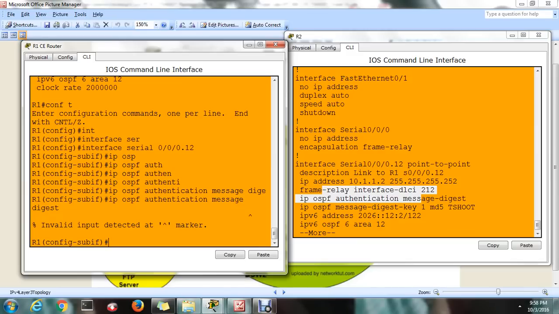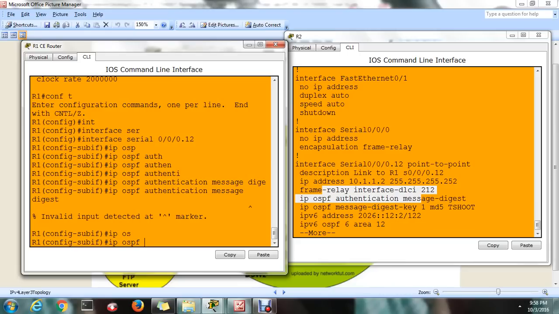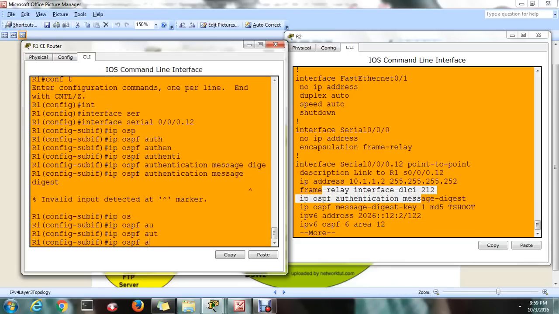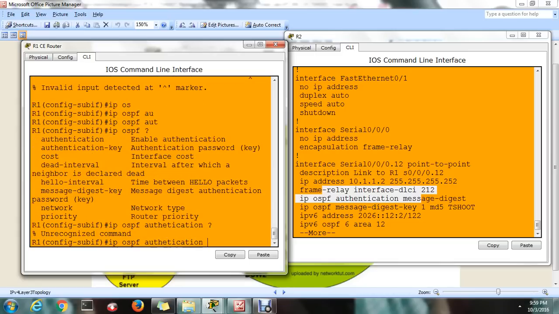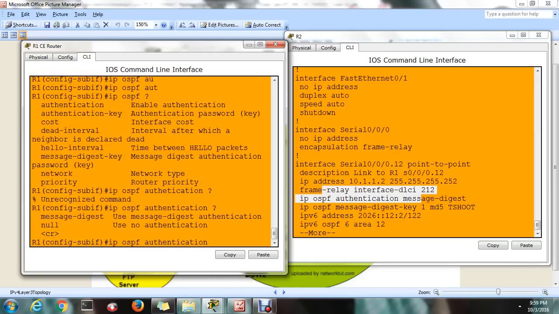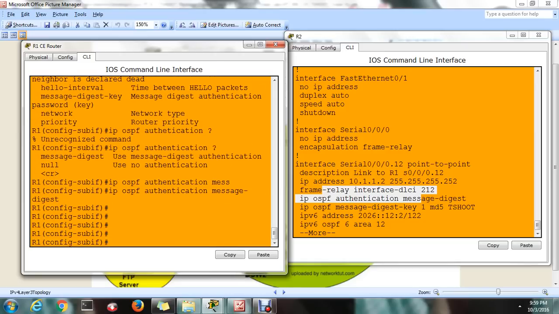This command is not taking. It should take IP OSPF authentication. Why is this command not taking? Authentication. It should take authentication. Oh, sorry. Authentication. See, message-digest. Now the problem was fixed.